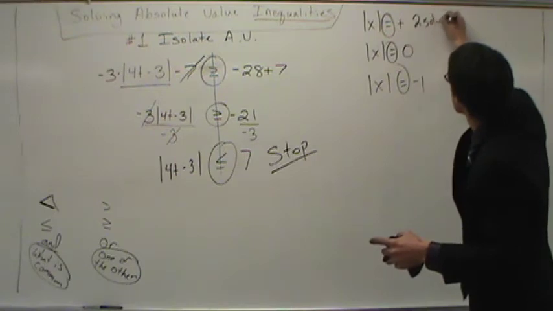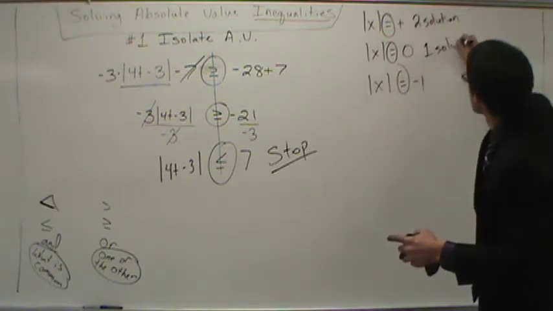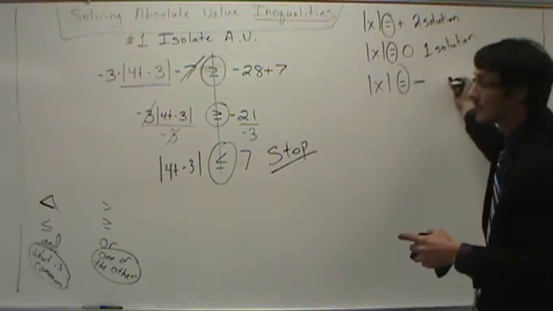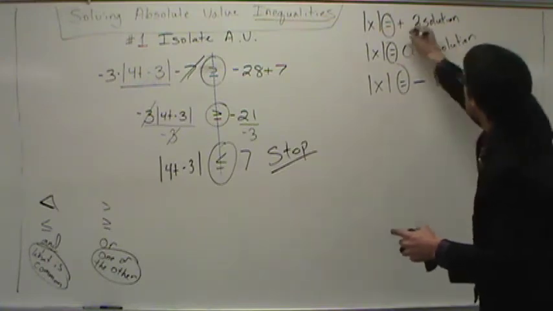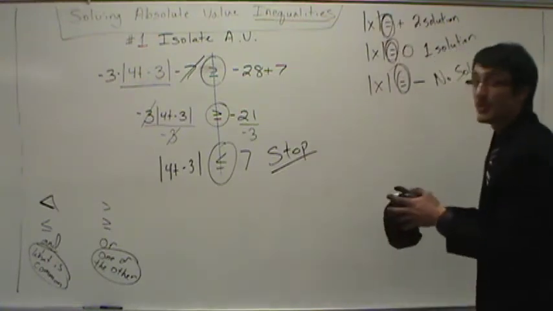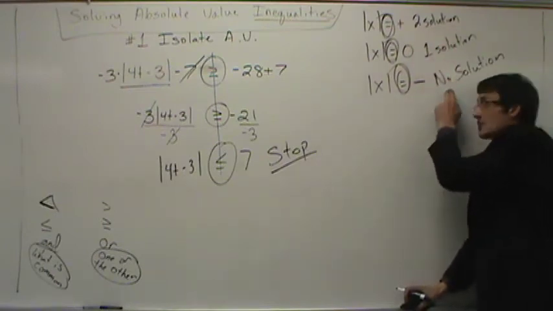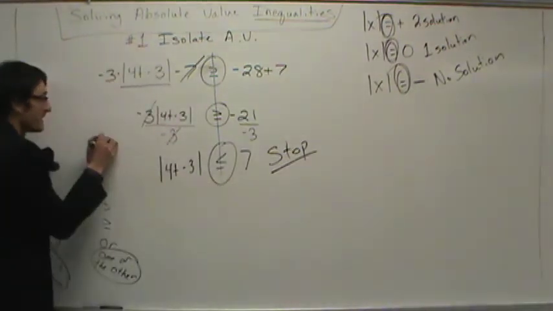2 solutions. Okay, absolute value of x is equal to 0 was what? 1 solution. Okay. Absolute value of x equal to a negative number is no solution. Okay, so with the equality, you can either have 2 solutions, 1 solution, or no solution. Okay, with the inequality, we're looking at infinitely,